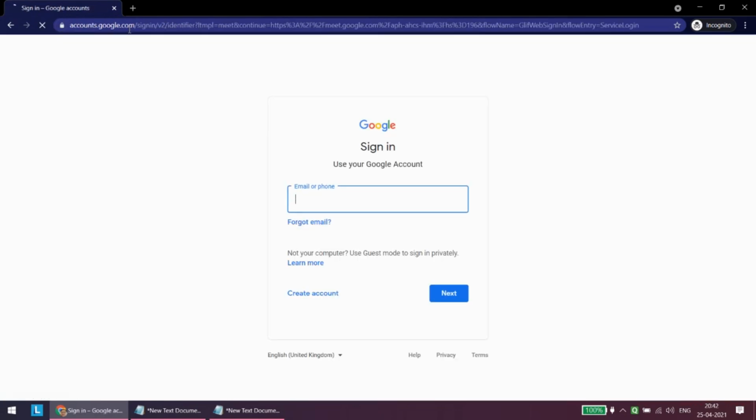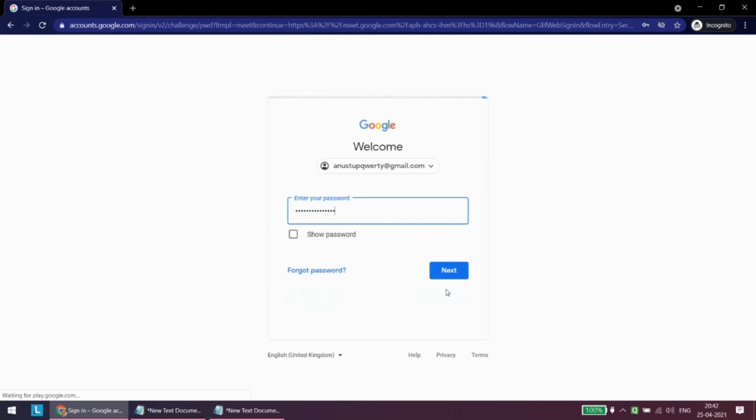Now please be very sure that the first time you are logging in, Google will ask for proper credentials, that is the username and password of the account you are trying to sign into. Enter proper credentials so that you are recognized by the Expressions 2021 organizers. So let us proceed. I am entering my demo credentials here so that it will be easy for me to explain.